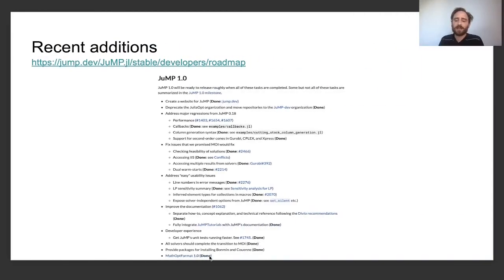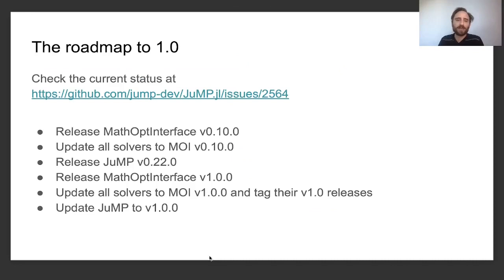But coming back to the slides, if we talk about what the roadmap now is to JuMP 1.0, you can read more about this in issue 2564. Really, we're very close, and there are a couple of things that need to happen before JuMP 1.0. We're going to make one breaking release to MathOptInterface and release 0.10. Then we're going to make breaking releases to all of the solvers to update them to MOI 0.10. Then we're going to make one breaking release of JuMP, 0.22, which will update JuMP to MathOptInterface